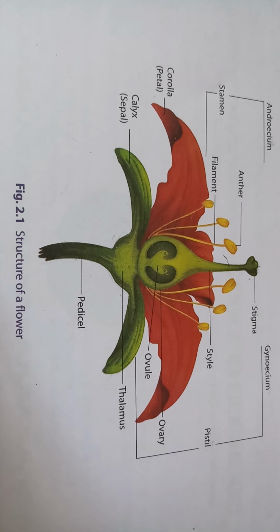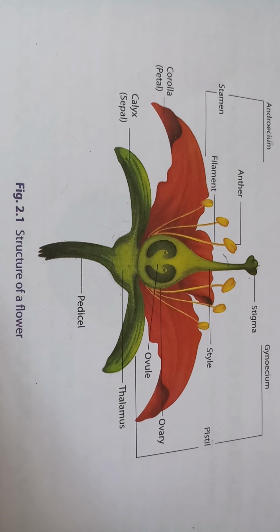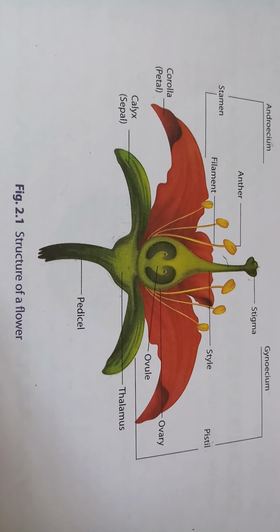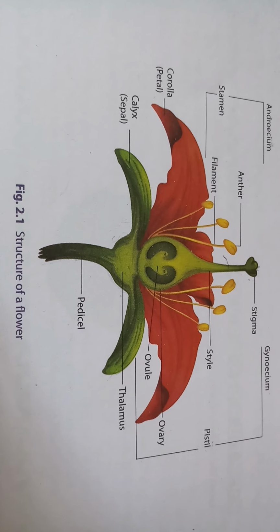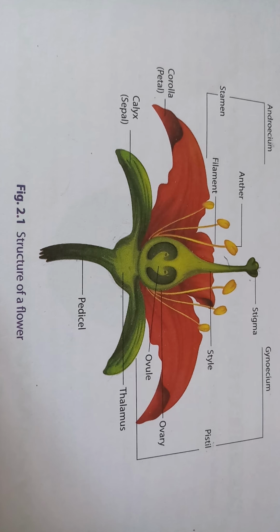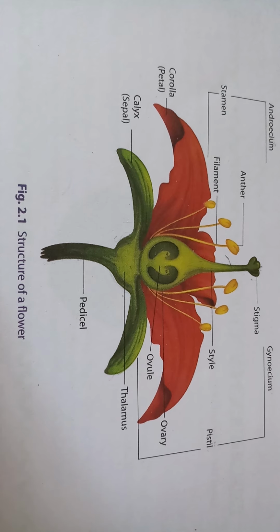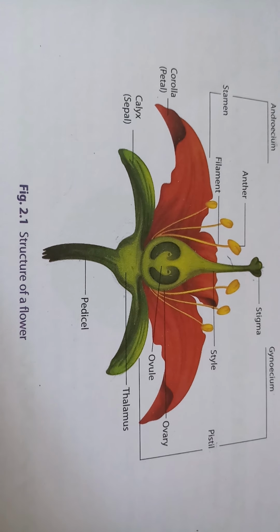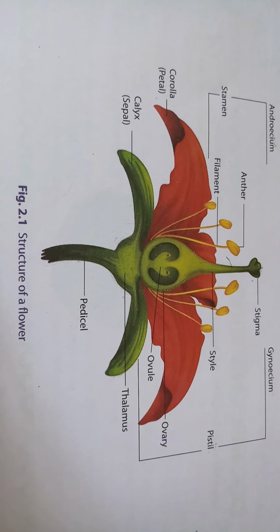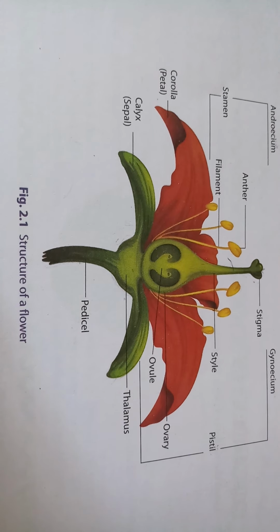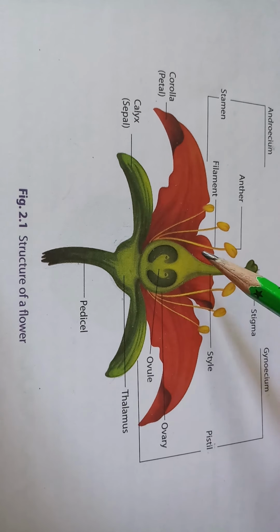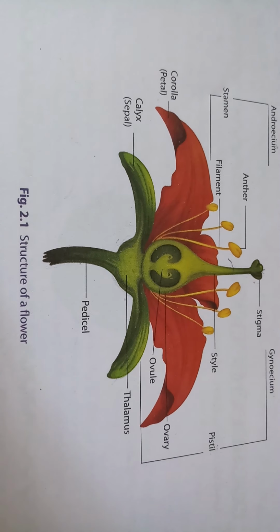They can be brightly colored and they can have a fragrance if they are helping in pollination. They contain nectar glands, again if they are helping in pollination, because insects and birds get attracted towards the flower due to nectar and the fragrance, and of course the bright color. So the petals surround the reproductive parts of the flower and they protect the inner walls or the reproductive parts, and they perform functions of attracting insects and protection. All the petals together are known as corolla.